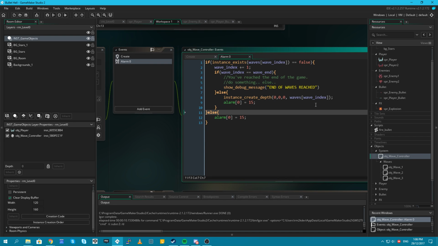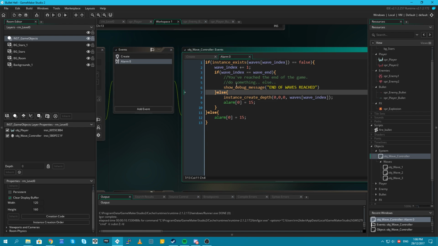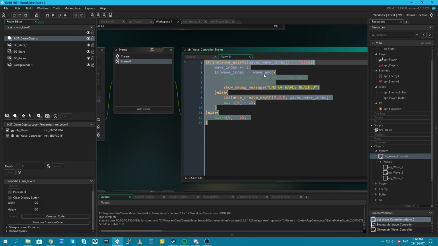If you kept it as it is with alarm equals at the end, it's more efficient. But the alarm equals at the end will only fire if the instance didn't exist. Right? So it should never fire again, because it never triggers this alarm again. So this will execute. And then this won't execute. This won't execute. And this whole script won't ever execute again.